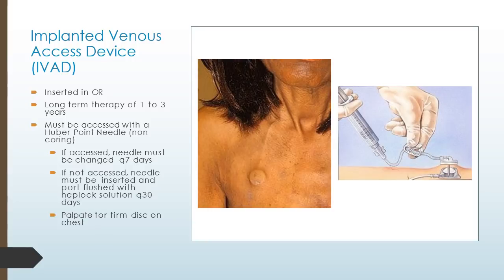This is probably one of the most costly options. You often actually see this in pediatrics. So far in my career, I've only accessed one of these once. What's really interesting about it is that you can palpate for the firm disc on the chest, and you can see that on that patient's chest there. You can see where it is, and you can actually see the line moving up